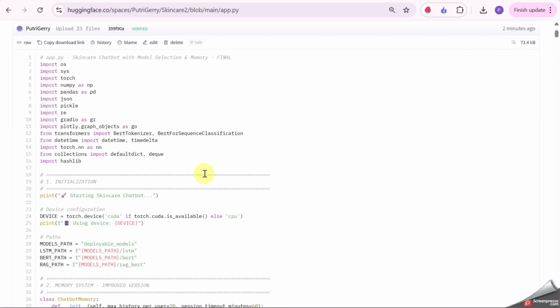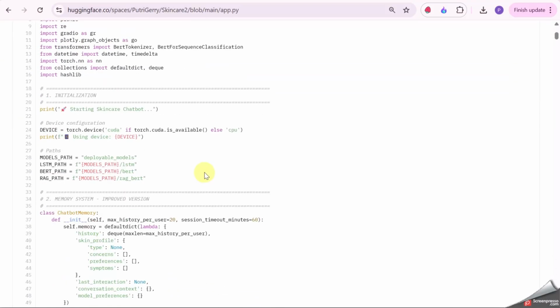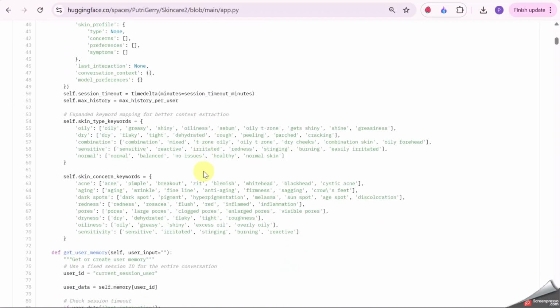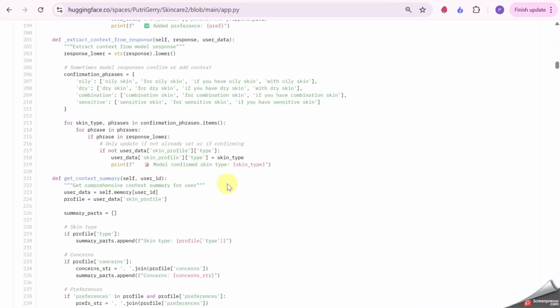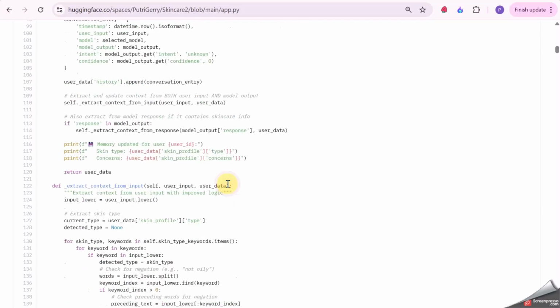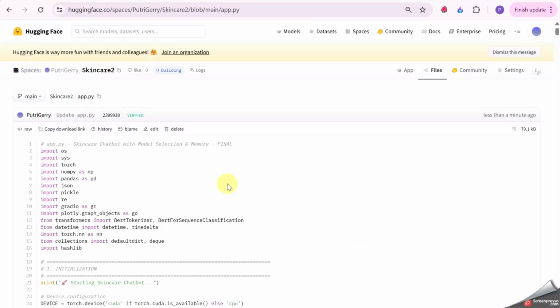I put the Gradio code in this app.py also. Here is the model path, and then this is the default keyword that I use for this application. Here is the app.py function of the skincare chatbot.